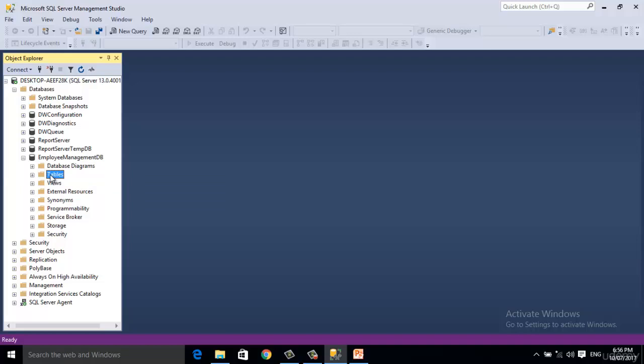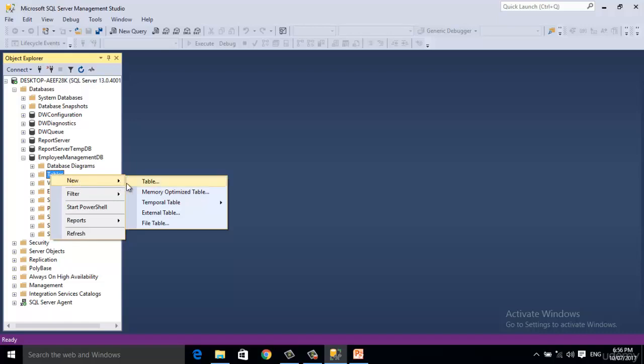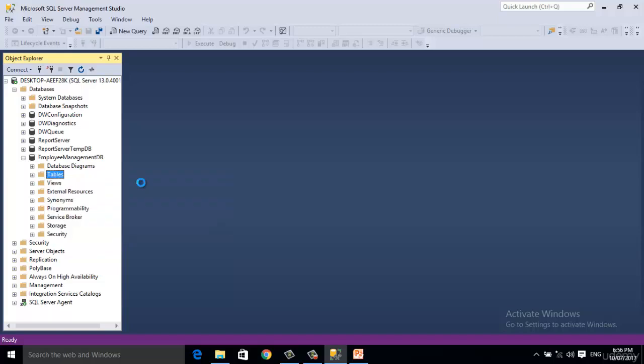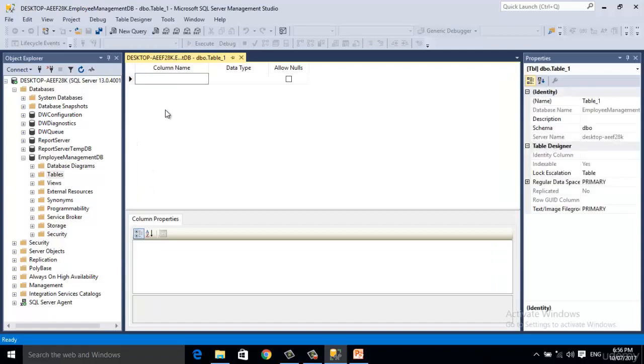To create a table, right click on the option tables, click on new and then table. Okay, here you will have to define the different names of your columns that will be part of your new table.